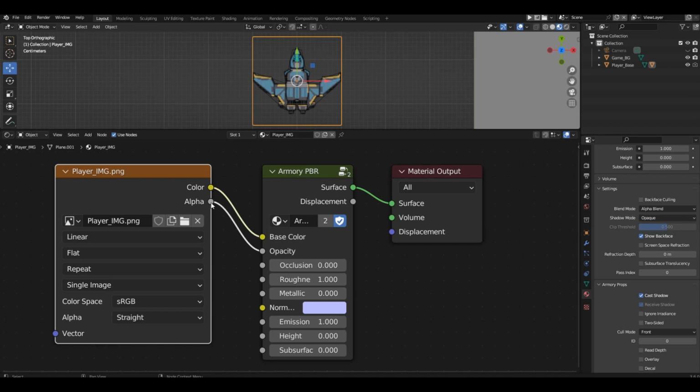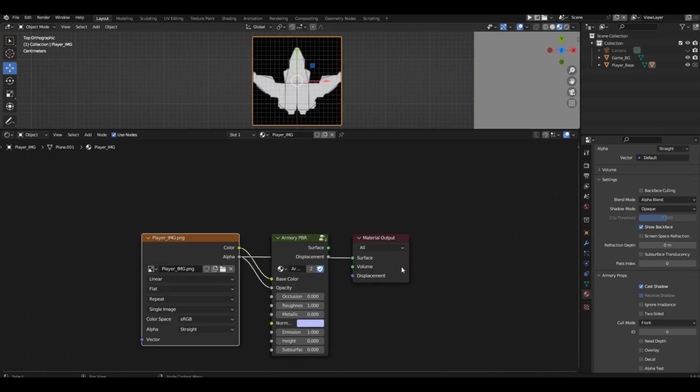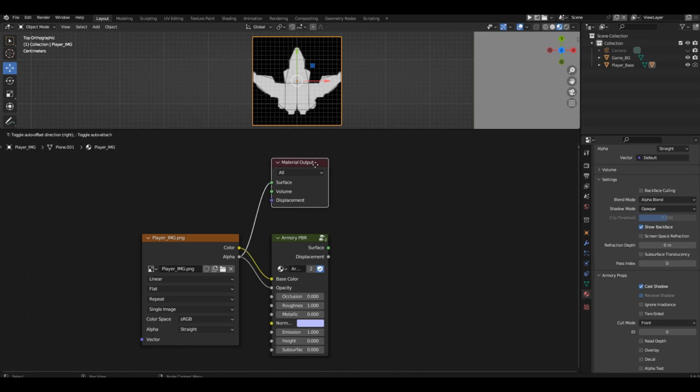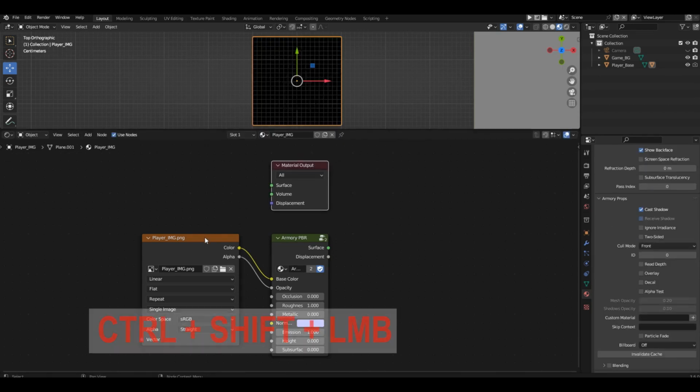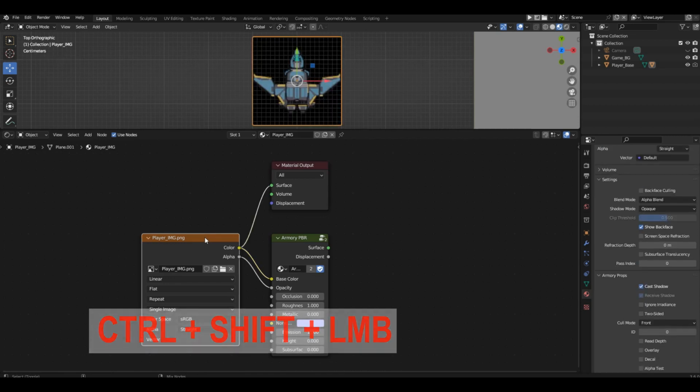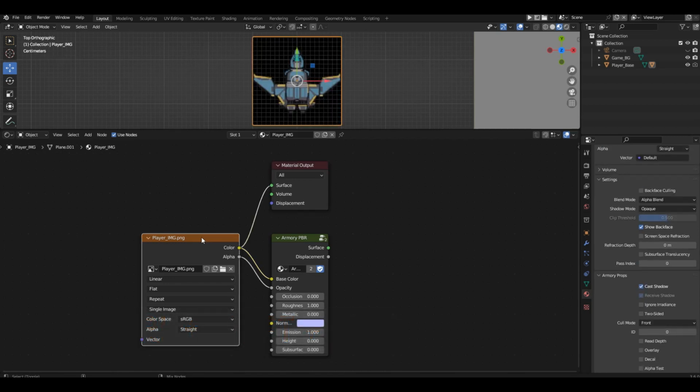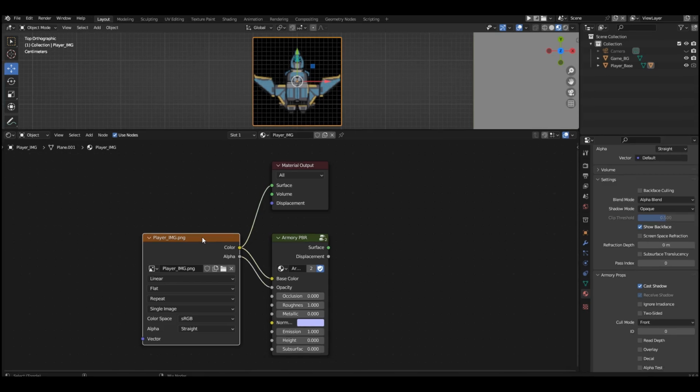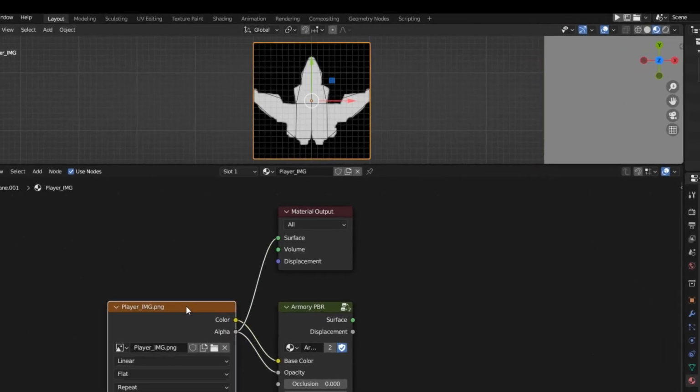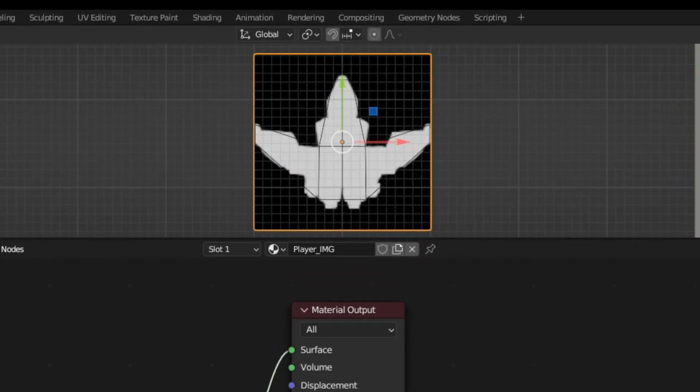To illustrate this, let's connect the alpha channel directly to the output. You can do it manually by dragging a wire there, or you can simply press Ctrl-Shift and left-click on the texture block. Our texture will be connected directly to the output channel. Click again on the block with Ctrl-Shift held down. Now the connection has moved to the next output, and we can see what our alpha channel looks like.